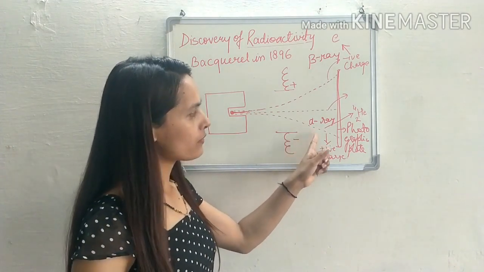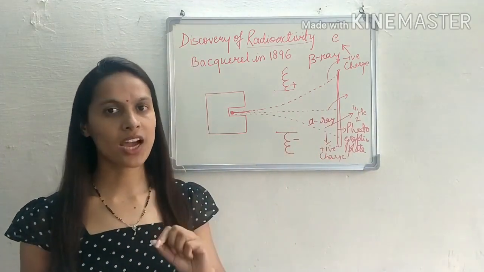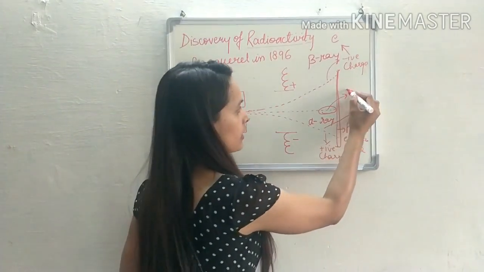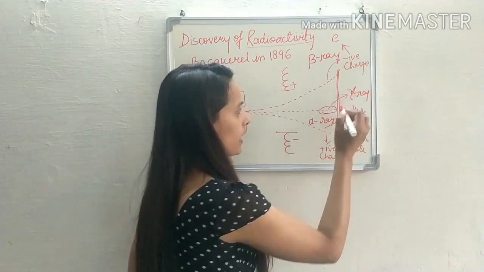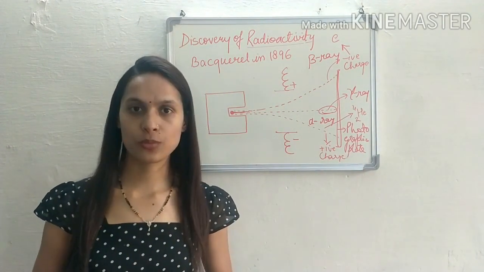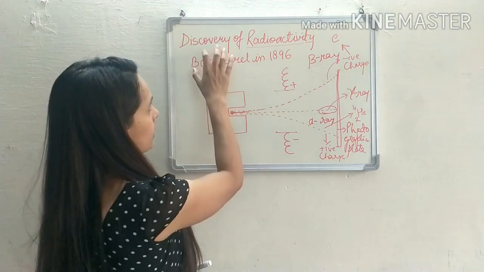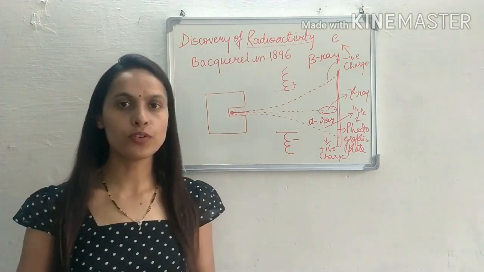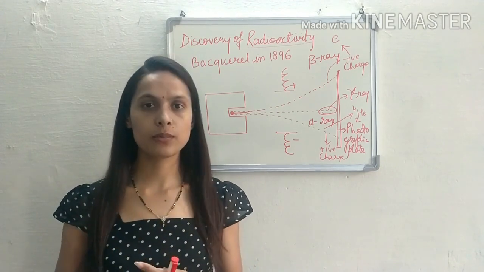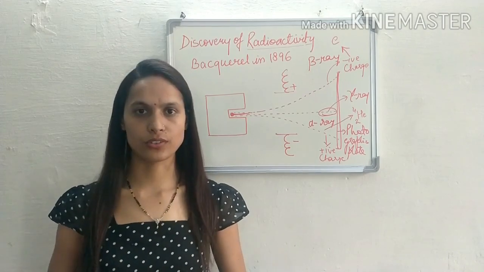Alpha ray क्या है? Alpha ray resemble helium whose mass is 4u and the charge is +2. And this undeflected ray को उसने नाम दिया gamma ray. So gamma ray is a ray which is considered as a high energy electromagnetic radiation with negligible mass. So discovery of radioactivity prove that atom is divisible and is made up of charged particles, that is electrons and protons.